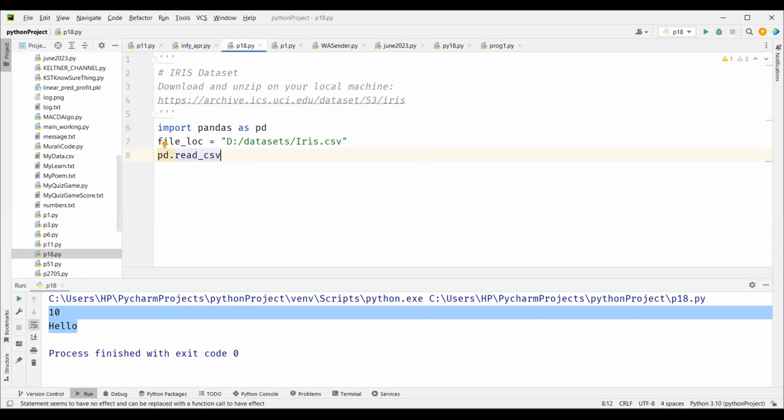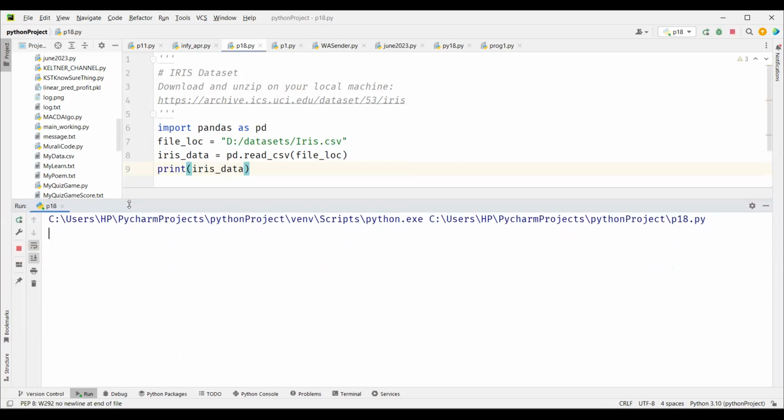When reading a CSV file, you give the path where the file is present. So I'm going to give the file location path, and I'm going to say iris_data equal to pd.read_csv. And if you want to see it, you just say print iris_data. So when you run it,